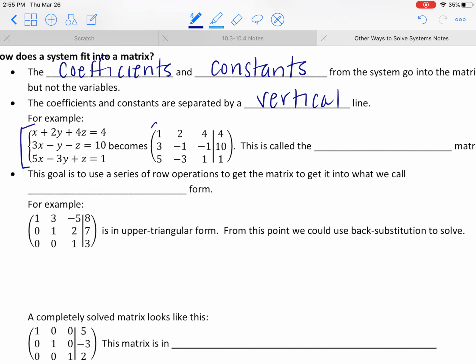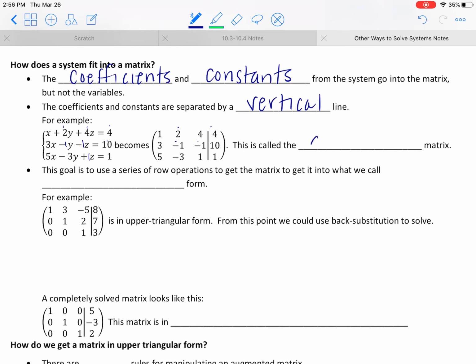So as you can see with our example here, if I took this system and put it into a matrix, you could use the giant parentheses, or you could also use brackets. That tends to be what I use when I write these, but either way is fine. You take the coefficients 1, 2, 4, and then we have our constant of 4 here. We've got 3, -1, -1, and then our constant of 10. Or 5, -3, 1, and then our constant of 1. Okay? So if we're going to put a system into a matrix, that's how it looks, and we call this